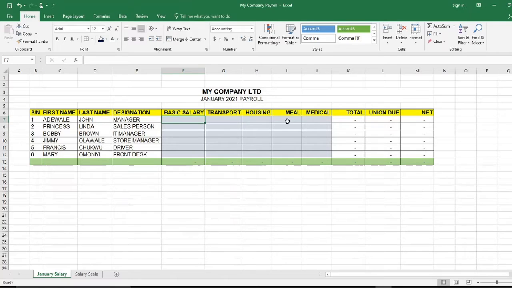If you don't understand, if you don't know that, just keep calm. We will get to it. It's a gradual process. This is the building block of things. So we need to have percentages of these things. For instance, if you want to calculate pension, it is calculated based on these three components: basic salary, transport, and housing. That's where you apply percentage of the sum of these three components to get the pension, 8% pension for the